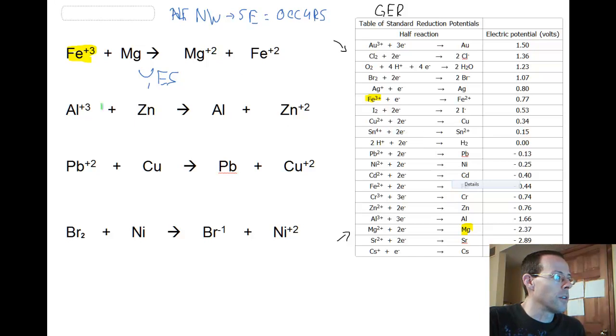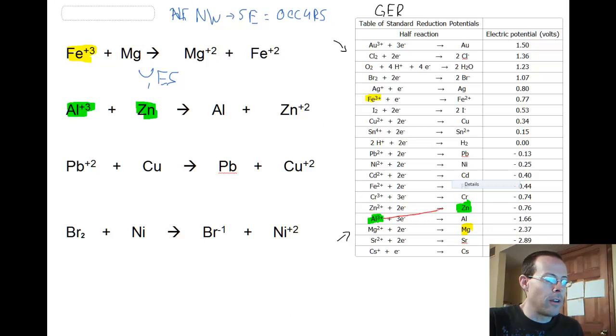We're going to use different colors of highlighter. So we have aluminum plus 3. I'm going to come over here and find aluminum. It's down here towards the bottom, and there's aluminum plus 3 on the reactant side. Then I'm going to look for zinc, and zinc, oh, it's actually right above. So if I connect these lines,